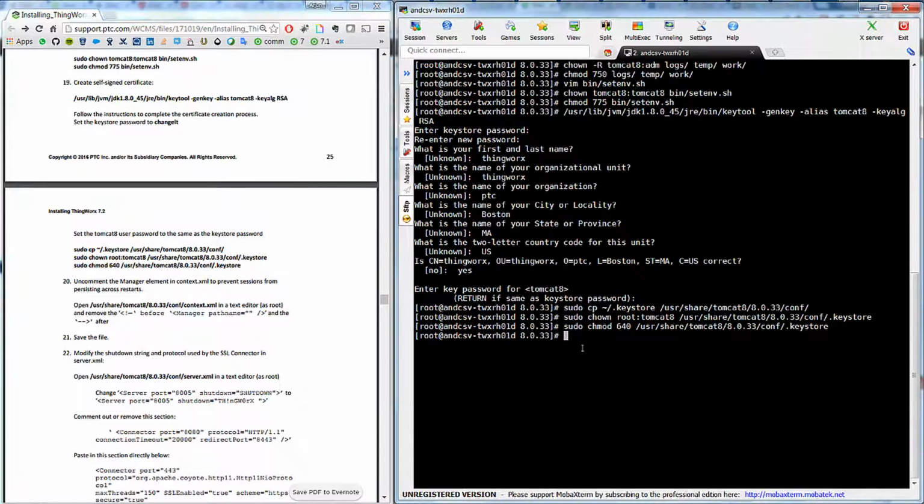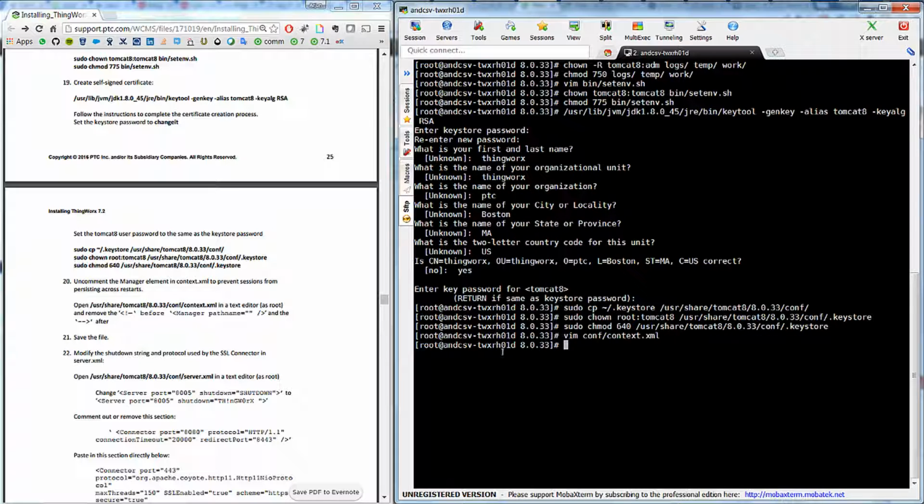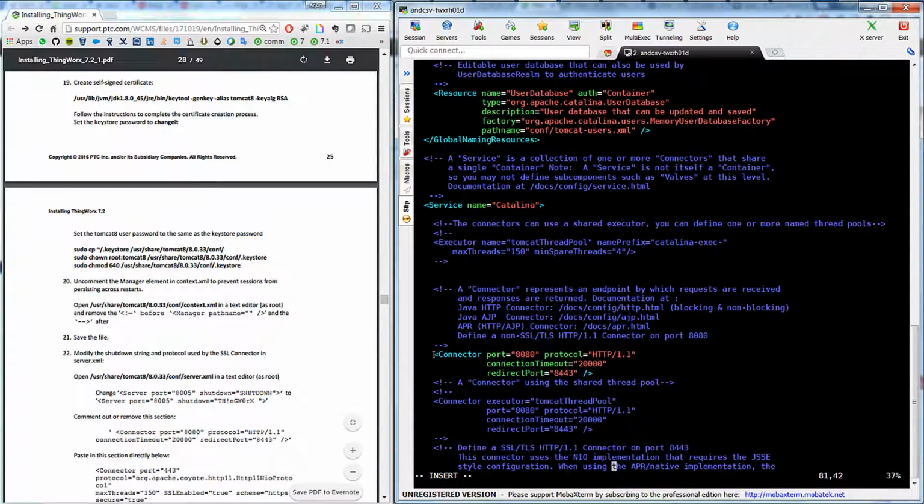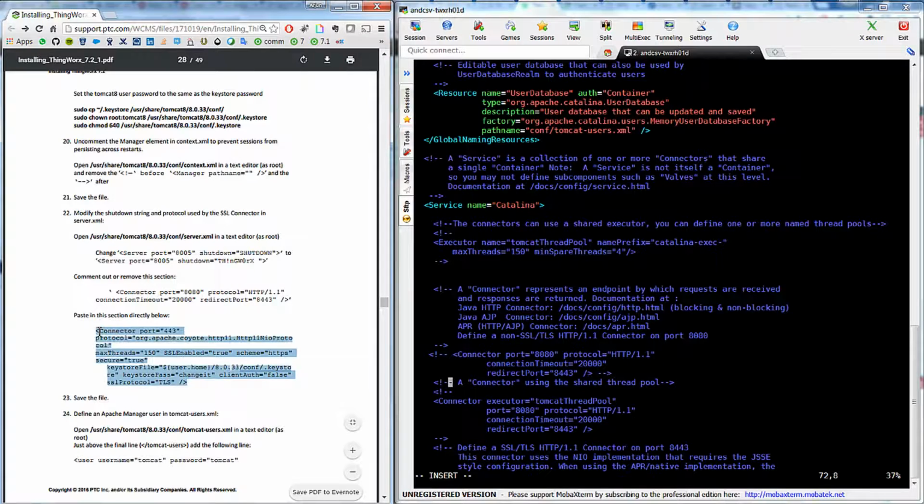In step 20 we got to edit the context.xml file. Let us use vim editor and uncomment these two lines. Save the file. In step 22 we got to modify server.xml file. Use vim editor, change the shutdown value, and this step is going to be important for SSL configuration, that is enabling HTTPS protocol. Okay, let us comment out the 8080 connector port